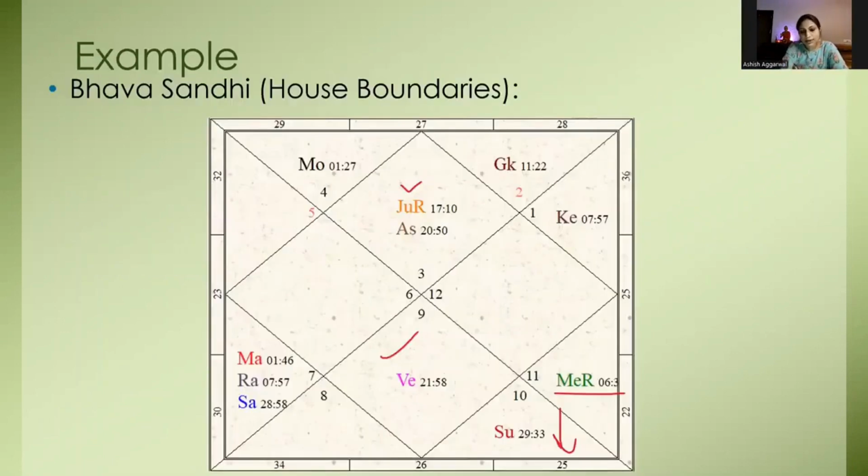Look at this chart. We have Gemini rising at 20 degrees in the ascendant. This means that our range will go from 5 degrees of Gemini to 5 degrees of Cancer. The sun falls within the range. It's placed in that house, but we are moving away from 20 degrees. This means their impact will gradually get reduced. The full impact of planets like Jupiter and Venus, which are near the degree, will be felt.